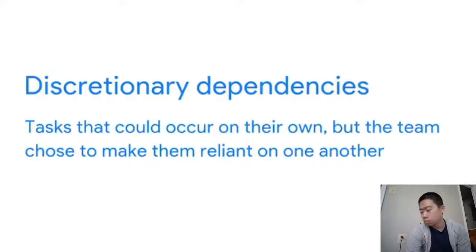These are dependencies that could occur on their own, but the team saw a need to make those dependencies reliant on one another. For instance, the construction company may be using concrete from a new supplier and want to run a test, pouring a portion of the foundation to get a better estimate of the total amount of product they'll need to complete the foundation rather than buying too much or too little product up front. The task of pouring a portion of the foundation comes first because the team needed more information before making a